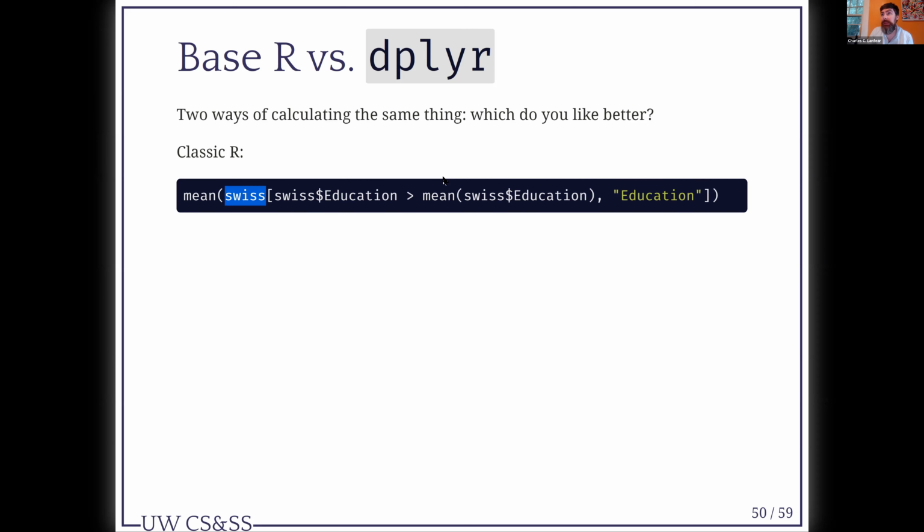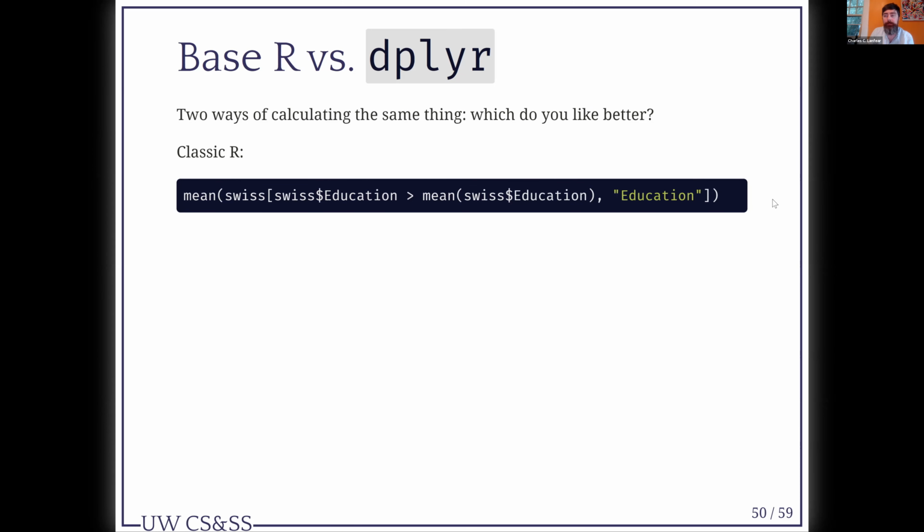So basically, imagine taking the top half-ish of the education variable and getting the mean for it. This would be the syntax to do this in base R. I say, take the mean, what do I want to get the mean of? The Swiss data set, where Swiss education is greater than the mean of Swiss education,